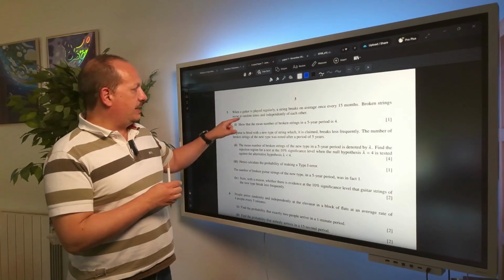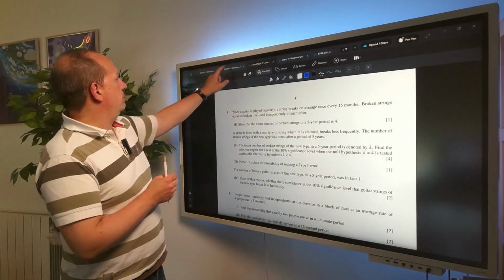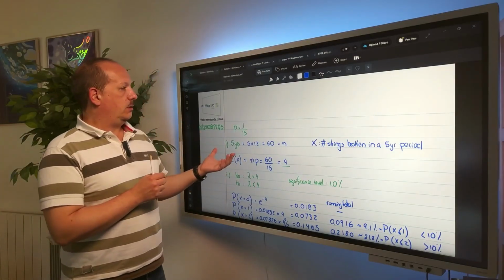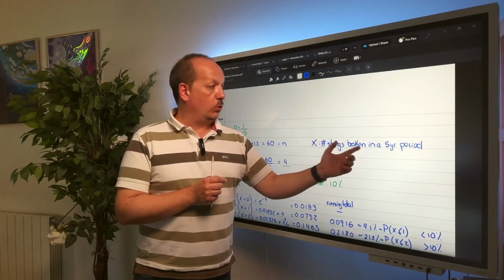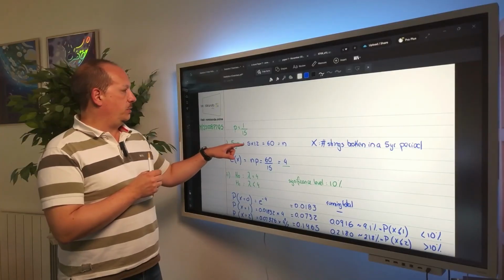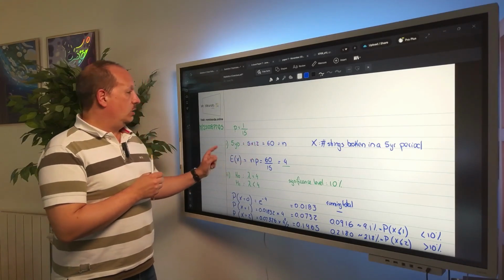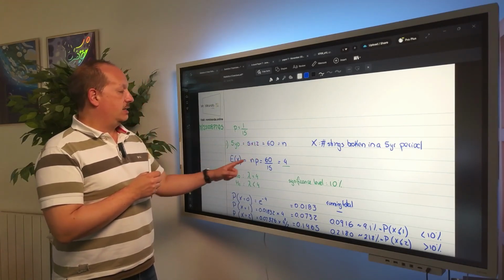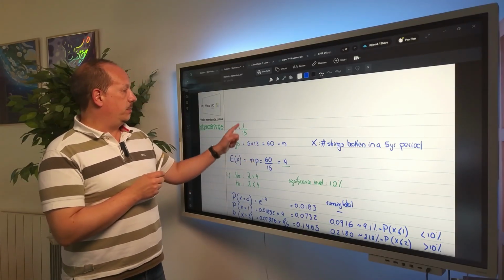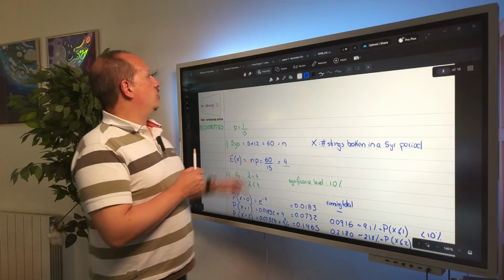Okay, this is a clear indication that you have to use the Poisson distribution. But anyway, for this question, part one only. If X is the number of strings broken in a 5-year period, how do you calculate that? It's going to be 5 times 12, that gives you the total number of months. And so the expectation of X, which is equal to np, is going to be 60 times the probability, which is 1 over 15, which gives you 4. Then on question 2,